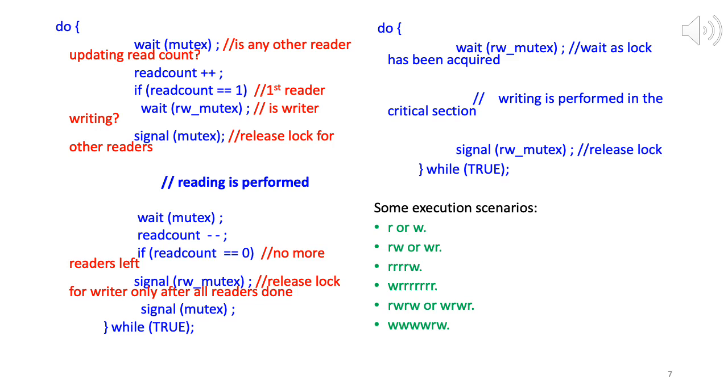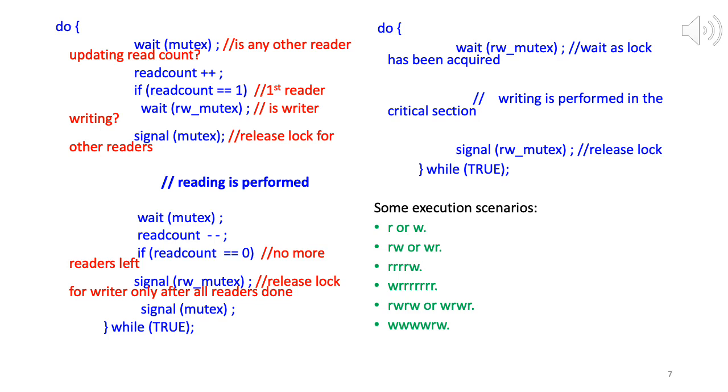So now what happens is, of course, you have a bunch of readers. The first reader acquires a lock, the mutex lock, and now if any other reader comes, it will do a test on the lock by doing wait mutex, and because the lock is acquired by the first reader, all other readers will wait. So let's say all 4 readers come very quickly: the first reader will acquire the lock, and the second, third and fourth readers will all wait on mutex. And then depending on the scheduling algorithm, you can give it to one of those when the first reader releases the lock.